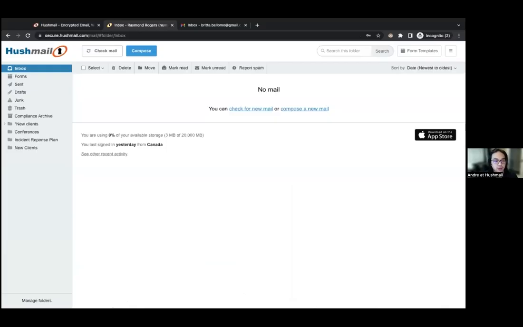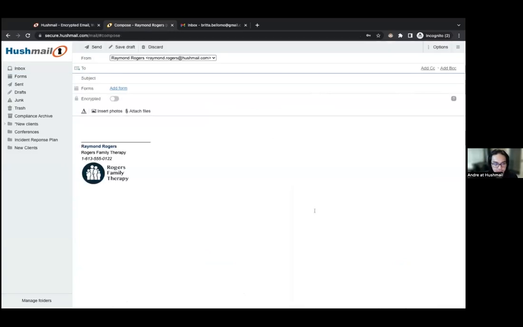What's nice is that it was also meant to be streamlined. There's nothing on here that should jump out and intimidate anybody. It should be very, very familiar if you're coming from a Gmail or a Yahoo or something like that. If I go to compose a message, even a lot of this should be pretty straightforward, accessible and familiar. But if I click on add form, or if I go down to this section here, you'll notice we